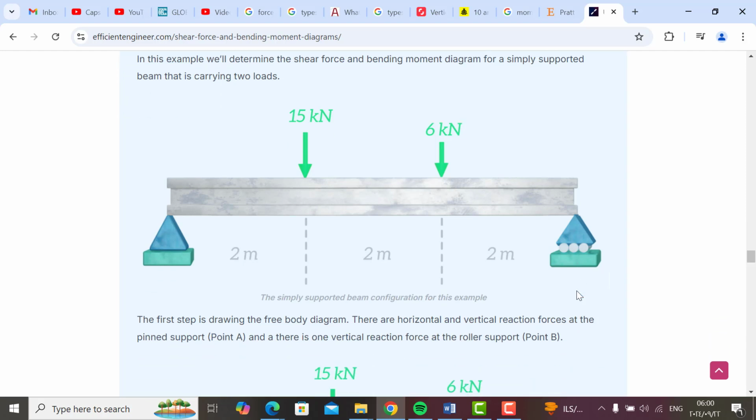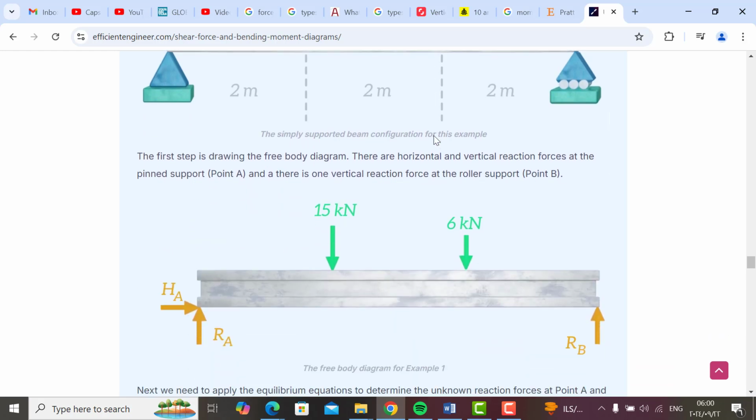So we have this point A and this is point B, and we have two concentrated loads. One is 15 kilonewton at 2 meters from the left support, and after 2 meters we have another load. It's lower than this one. It's only 6 kilonewton, and